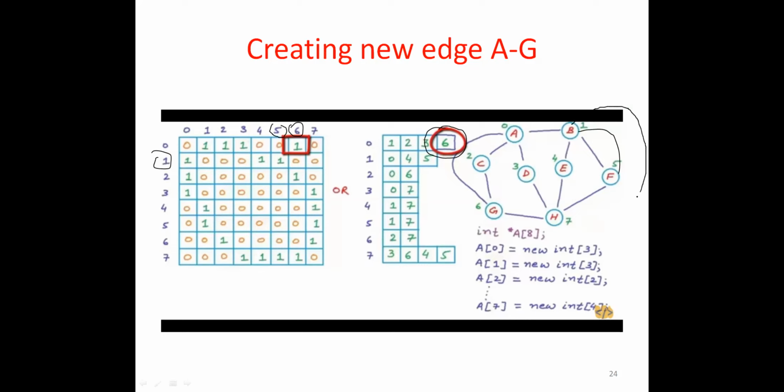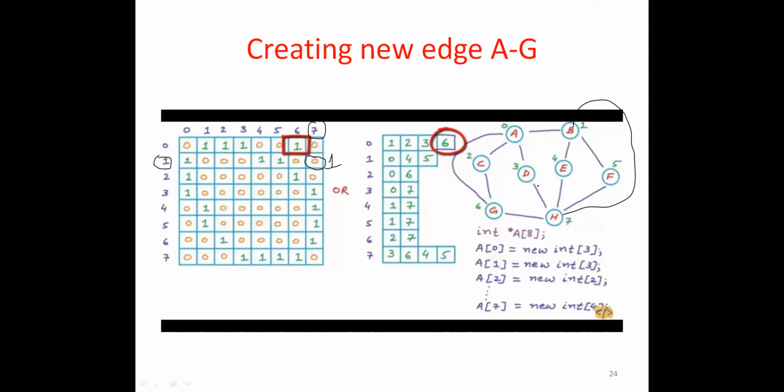Now I want to connect B and H. B's value is 1 and H is 7. So this is the value, and I will flip it from 0 to 1.